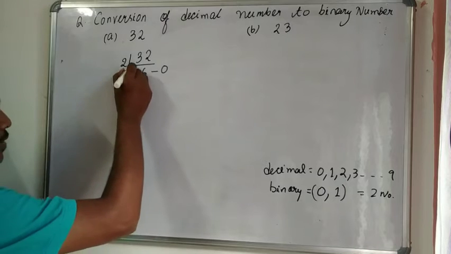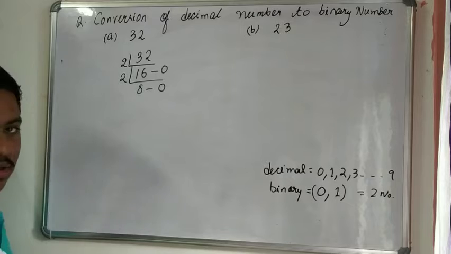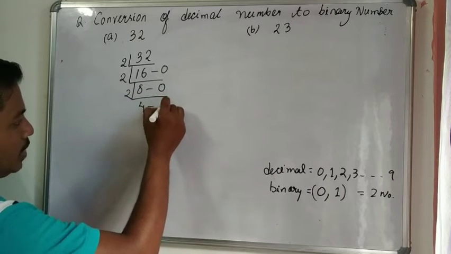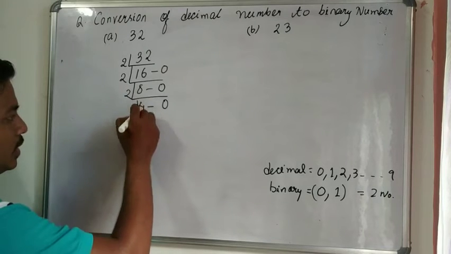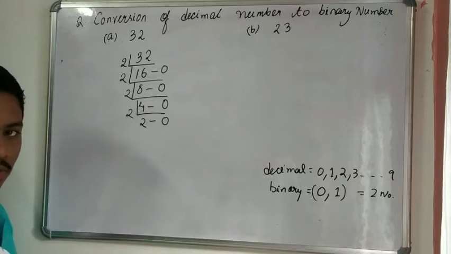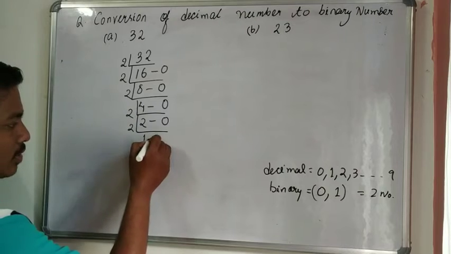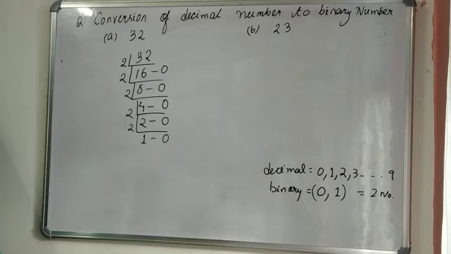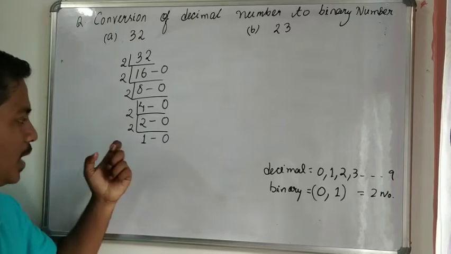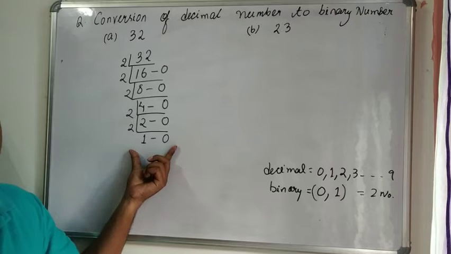Then in the same way we again divide by 2. So 2 8s are 16, again we get the remainder as 0. Similarly, if I again divide by 2, 2 4s are 8, again 0 remainder. Then again divide by 2, 2 2s are 4, again remainder is 0. Again divide by 2, 2 1s are 2, so the remainder again will be 0. If you go on dividing by 2, you have to stop where you get the answer in the last step as 1.